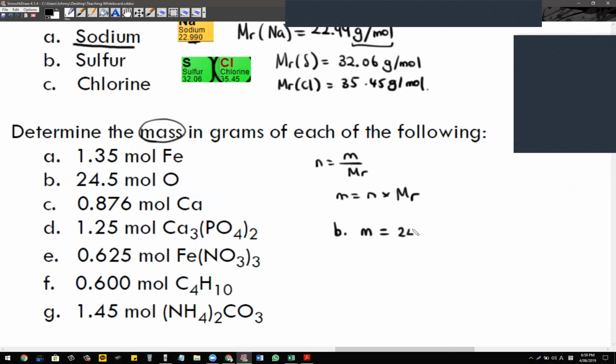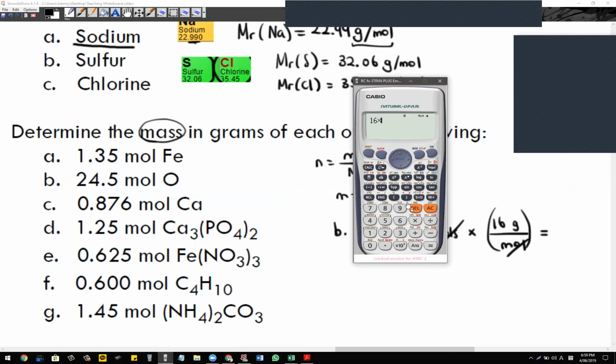So that's 24.5, the number of moles, times oxygen, which is 16 grams per mole, right? You can see that mole and mole cancel out, you get grams. So 1 mole weighs 16 grams, so for 24.5 we simply multiply. 16 times 24.5 is 392